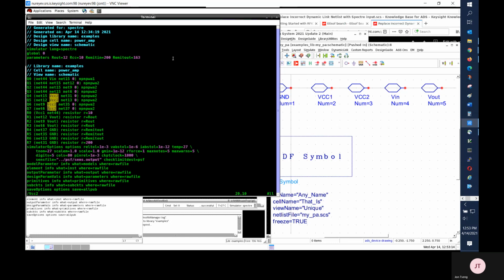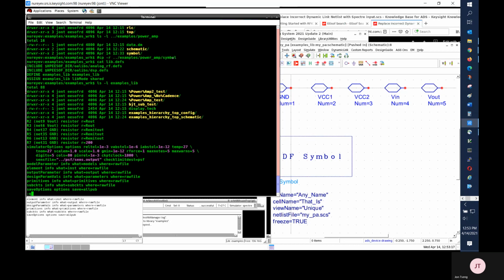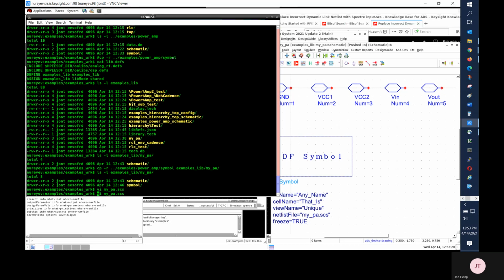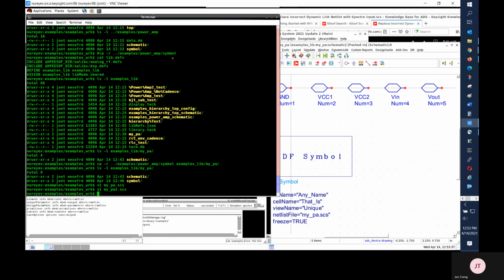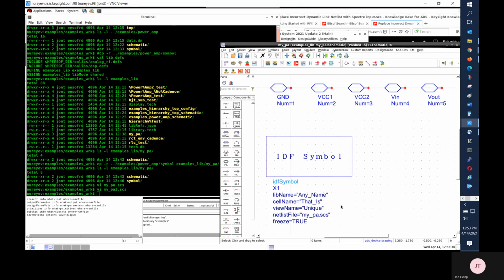That should fix the issue of port name and node name mismatch. Double checking the content of my pa2.scs in the vi editor. Again, both VCC1 and VCC2 are all in capital letters now.